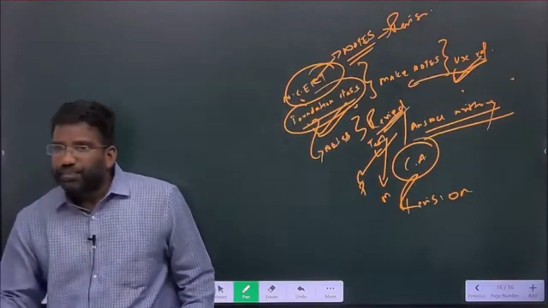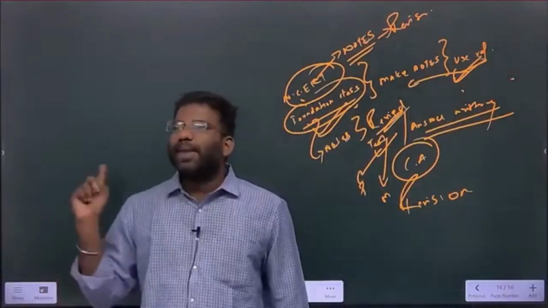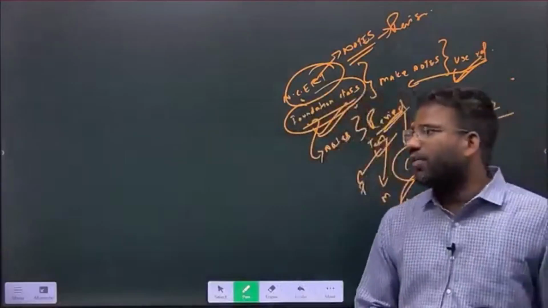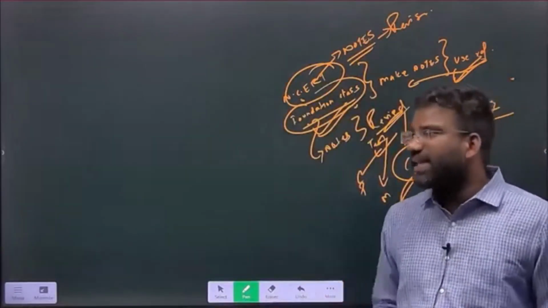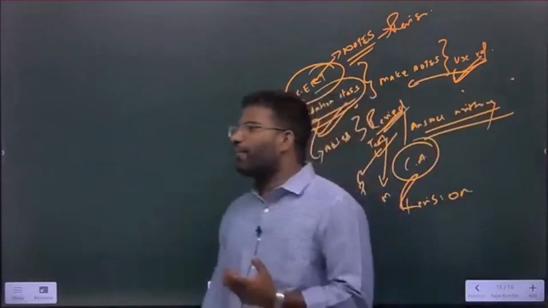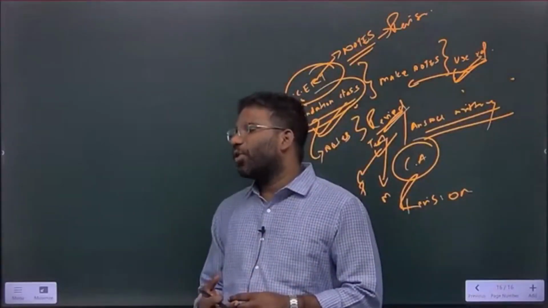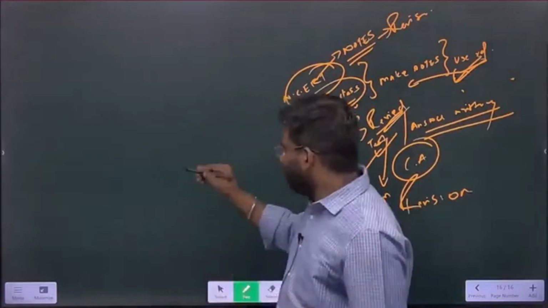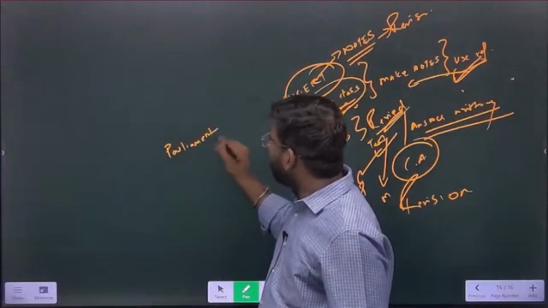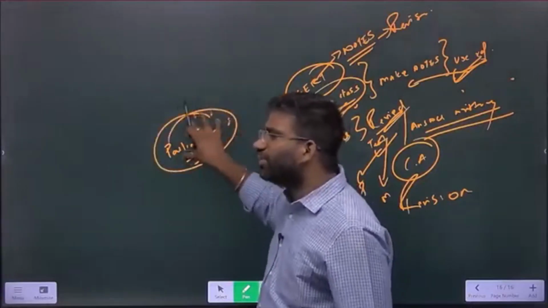I'll tell you why. Because in prelims you will get direct questions from the newspaper, current affairs, and in mains whatever data or current affairs you have learned from the newspaper, you can quote it as an example. So see, UPSC will always blend the static topic with the current affairs topic before framing a question. कभी भी UPSC static questions बहुत कम पूछता है. For example, if in news there is something related to the Parliament of India, UPSC will always try to ask question from something which is in news.